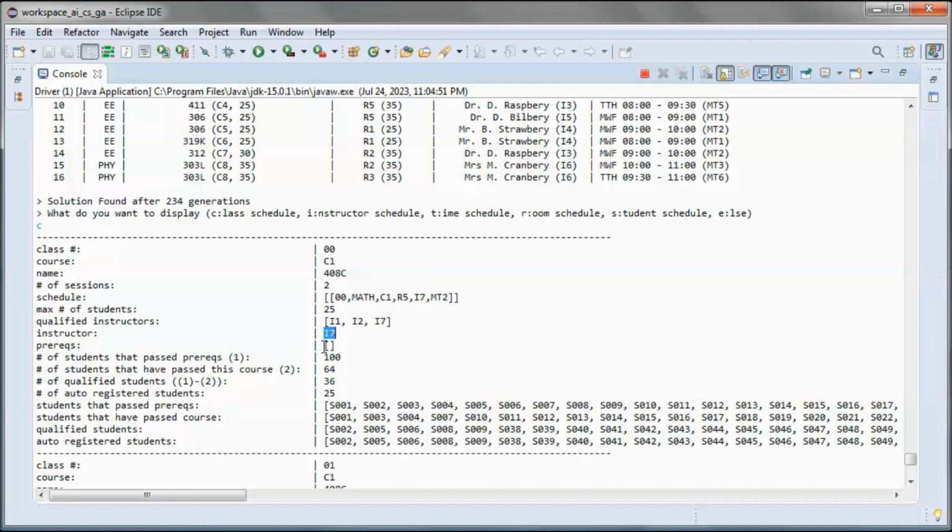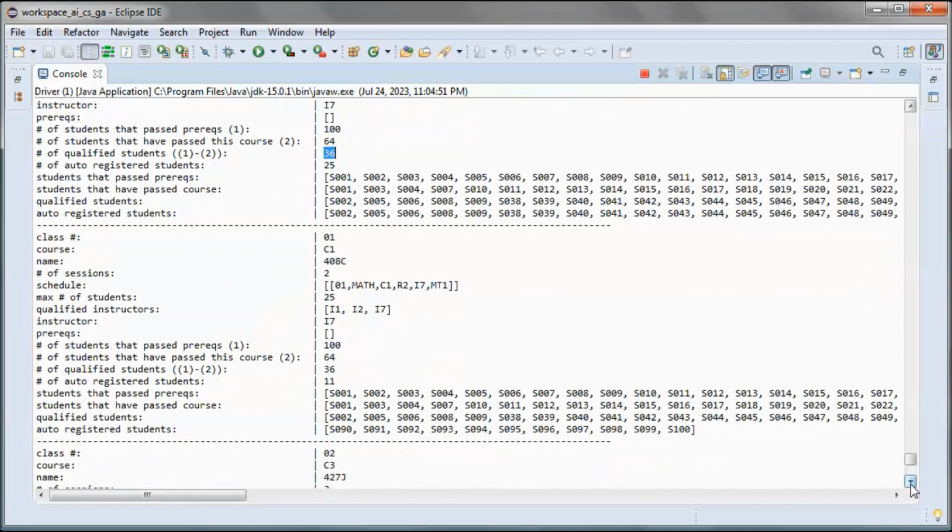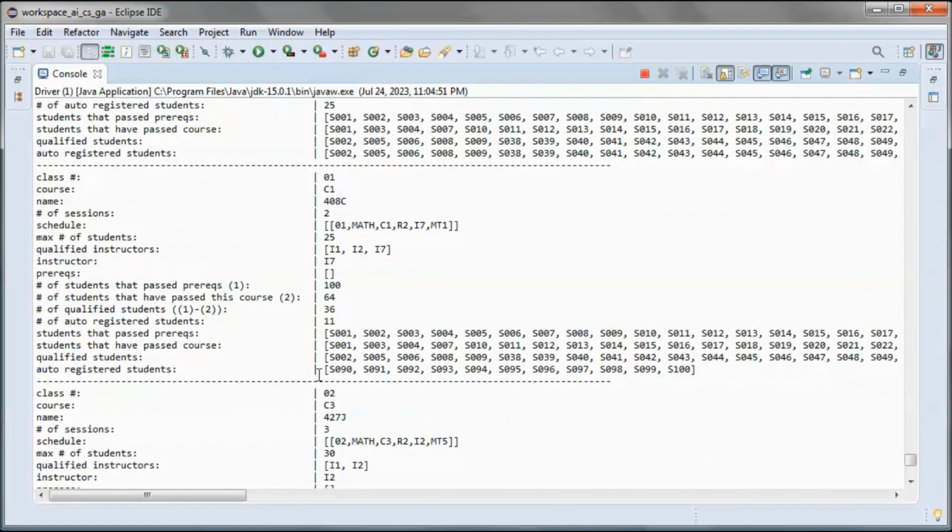And it has no prerequisites, and so the number of qualified students to take it is this number, and we ended up auto-registering this number of students. So those are the students that were auto-registered by the system out of 36. So what's left is 11 students that we scheduled here in the other session, the second session.